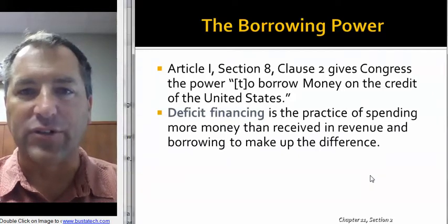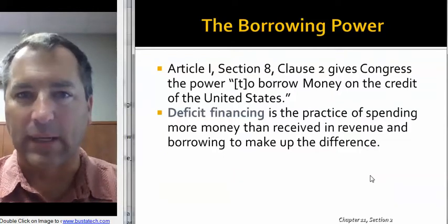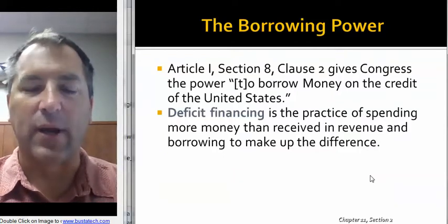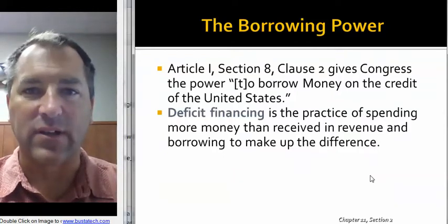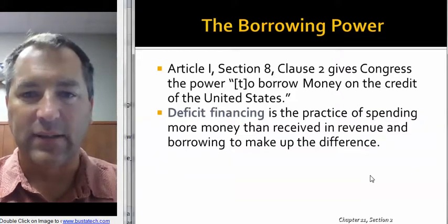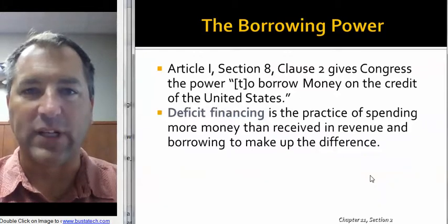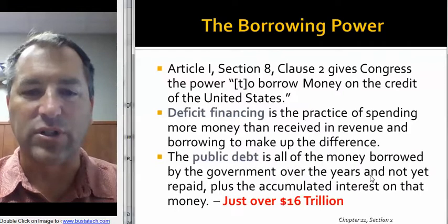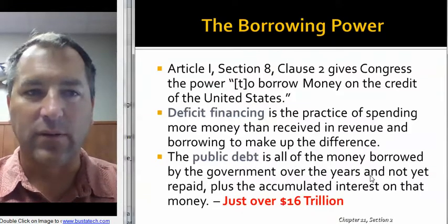Unfortunately, the Constitution also gives the expressed power of Congress to borrow money. And as you probably have guessed, they have taken advantage of that power as well. And Congress, to this point, is over $17 trillion in debt. So there is deficit financing going on. Each year we end up borrowing more money than we take in, and so it gets worse and worse and becoming a great public burden.